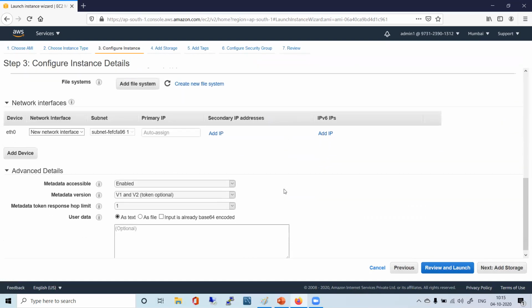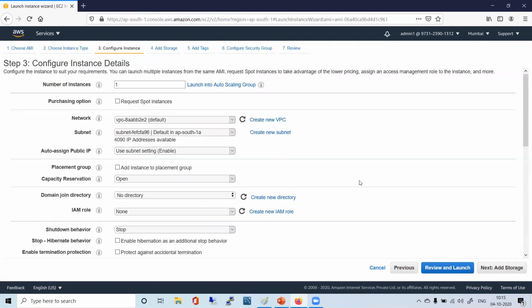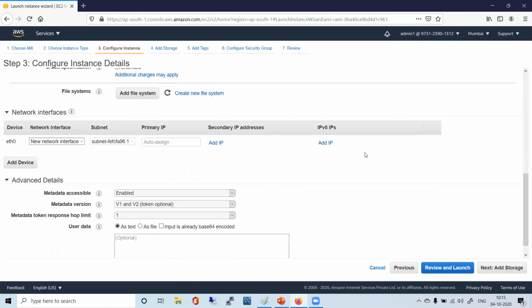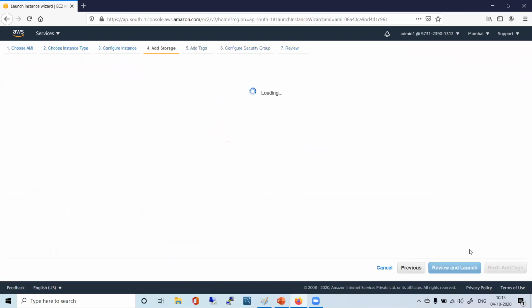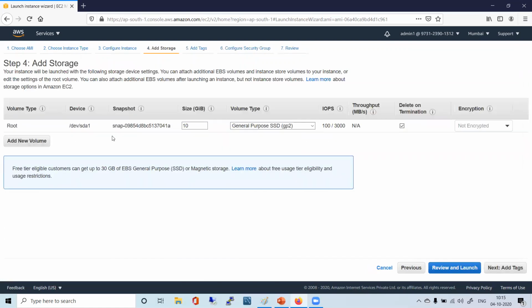Everything is the same: the basic template, the virtualization type, the operating system, all those things are there. Just you go to storage. Here also you can add an additional volume. You can add a new volume here as well. So what you're getting here is the same whatever things you were getting, and then you can make changes, right?